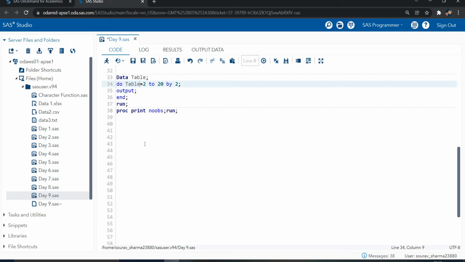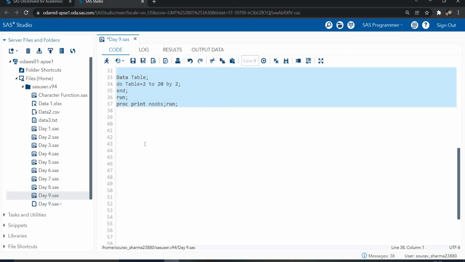So you need to write the do statement, then your variable name, the first value and the end value. And if you want some increment by 1 2 3 4, you can write the by statement. If you want a 2 step increment or 3 step increment, and in the last we write the output statement. Why?